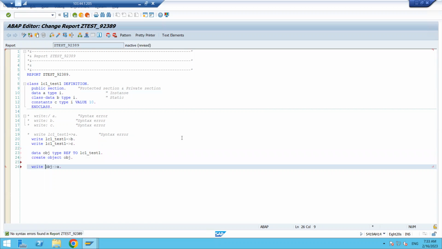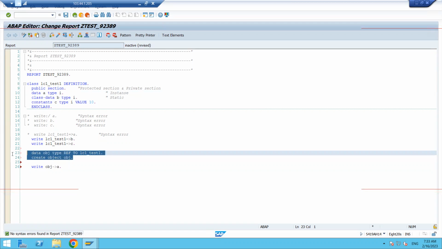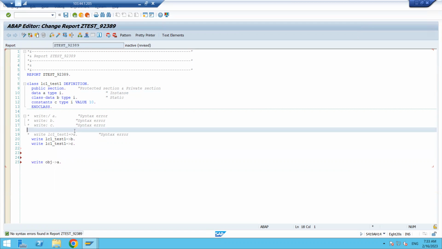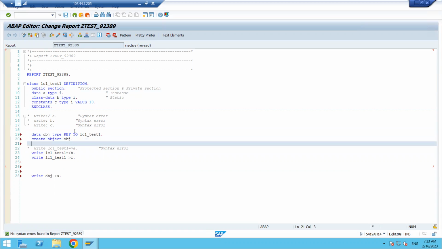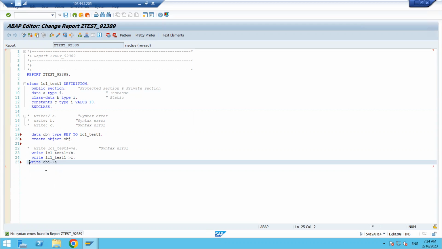Okay, it is not displaying any error. What I'm doing here, I will cut it here and paste here. Okay, fine. Now what I'm doing,